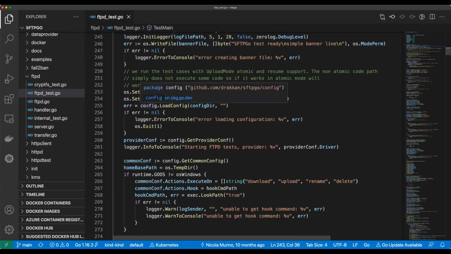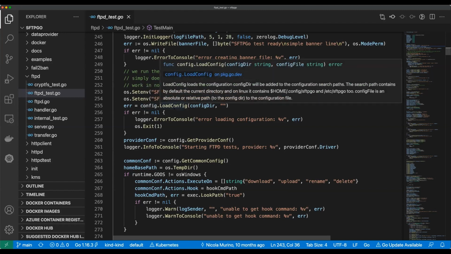Yeah, that's another project-local package, isn't it? LoadConfig is taking a couple of parameters, configDir that I believe we set up earlier, and also